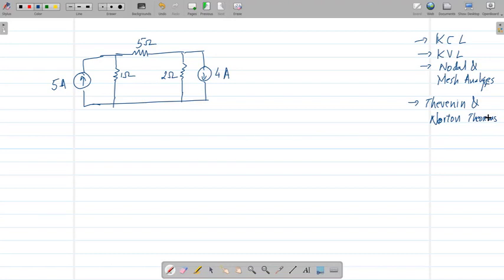Kirchhoff's current law, what does that tell us? It tells us the sum of currents entering a node. So here is a node, here is another node. So these are all the intersections, and the bottom is also a node, right? So let me call these nodes A, B, C, and D. Now, do I really need a node C and D? No, because C and D are short circuited. There is just a wire drawn over here, but it doesn't mean anything. So it's just one common terminal. So I don't need two nodes over here. Okay, they are the same thing.